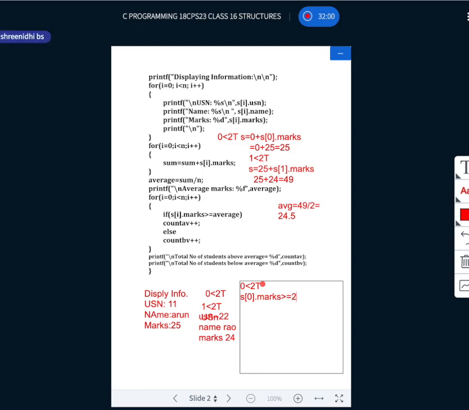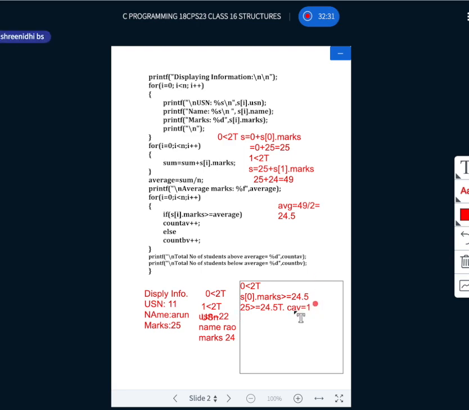What's your average? 24.5. So what's your S0 of marks? 25. 25 is greater than or equal to 24.5. True or false? True. True means the count above value will be incremented. So your count above value will become 1.